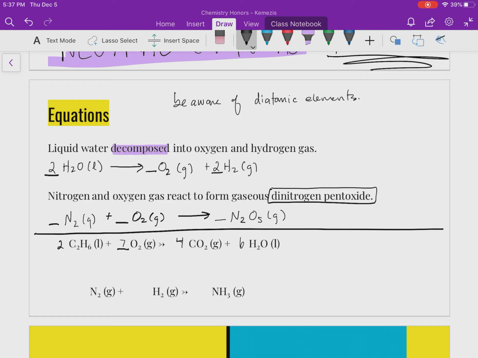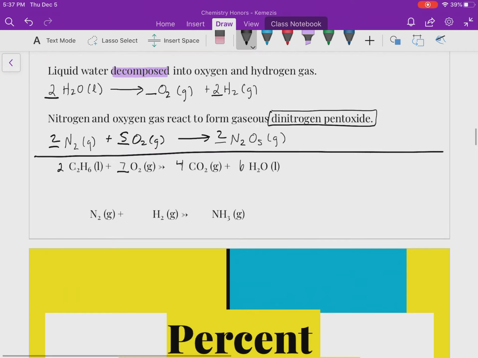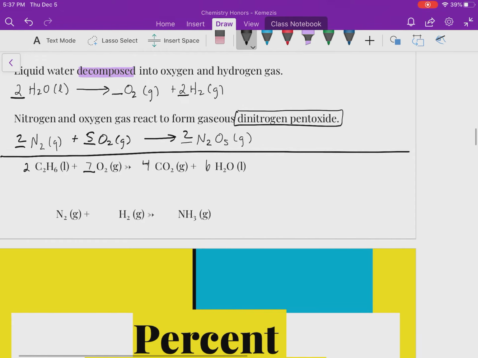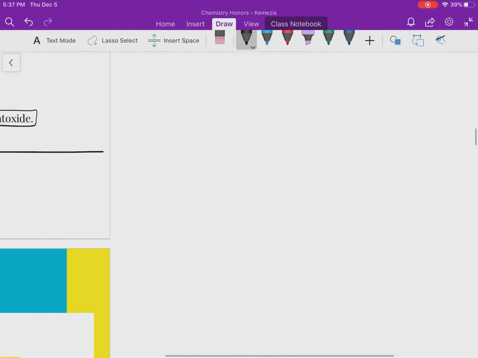So the nitrogens are good, the oxygen is not. If I did 5/2, that's the fraction trick to getting to 5 oxygens, but we don't want to leave it as a fraction, so we multiply everything by 2, and we get back to the balance that we had. So it's the same math trick that we're doing. You guys can work on that one over here. N2 plus H2 is NH3, but I just wanted to show, if we said sodium